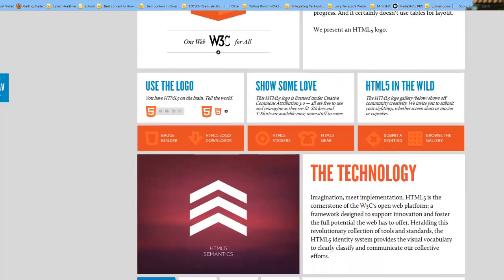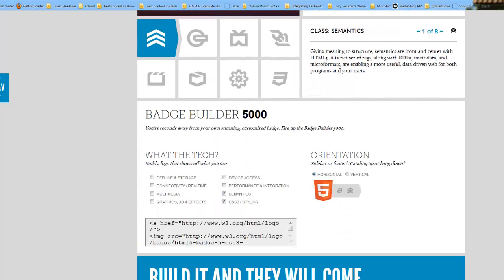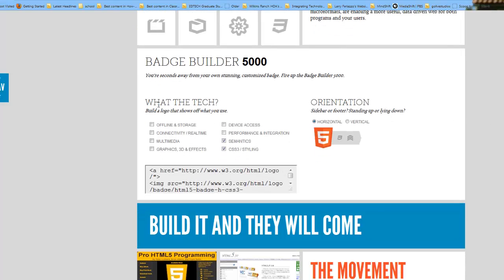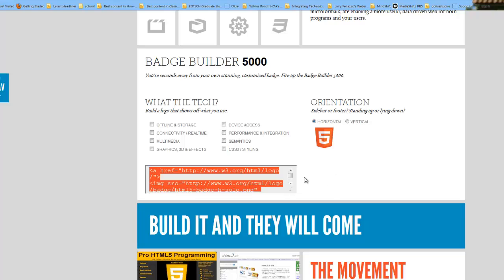If you scroll down just a little bit, you'll come to where it says What the Tech? Build a logo that shows off what you use. Now you can choose whatever you want. I'm going to go ahead and choose this logo. It just says HTML5. Right here, if you stick your cursor in there and use the shortcut Control A, that